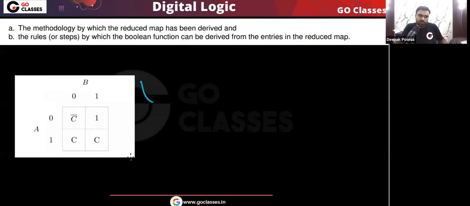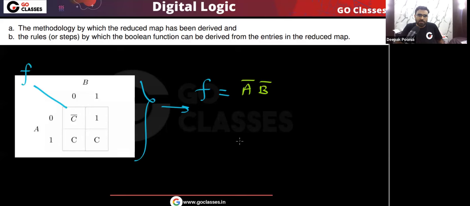So we can easily write the expression for this function f. You can see when A is 0, B is 0, means for this minterm A bar B bar, the function value is C bar. Or for the minterm A bar B, means A0, B1, the function output is 1.